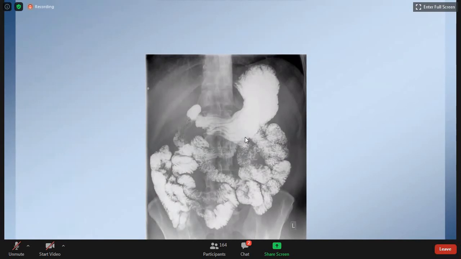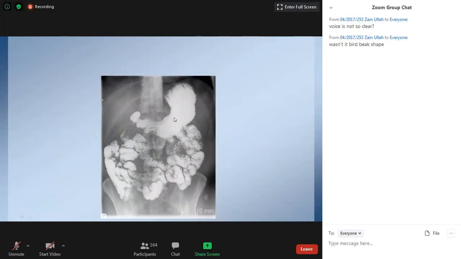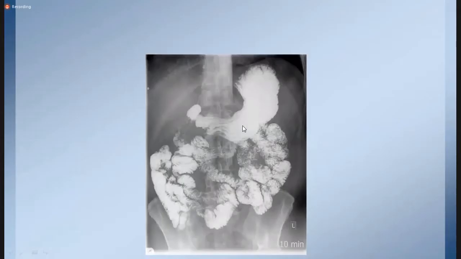So this is another normal examination of the barium meal follow-through, demonstrating stomach. This is duodenal cap. This is duodenum. These are the jejunal loops with feathery appearance. These are typical classical feathery appearance that are seen in barium meal follow-through examination. And these are the jejunal loops with less of this feathery appearance.